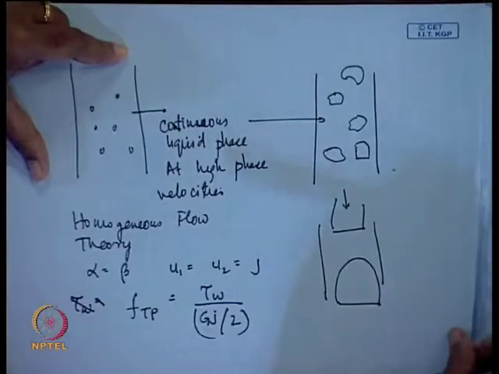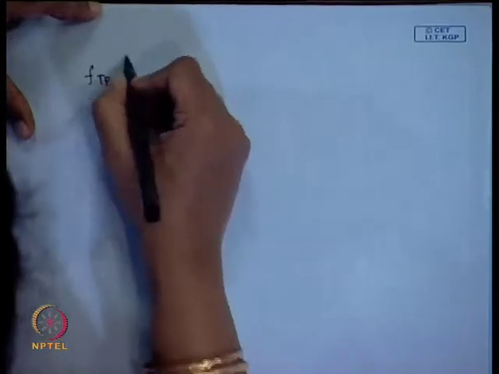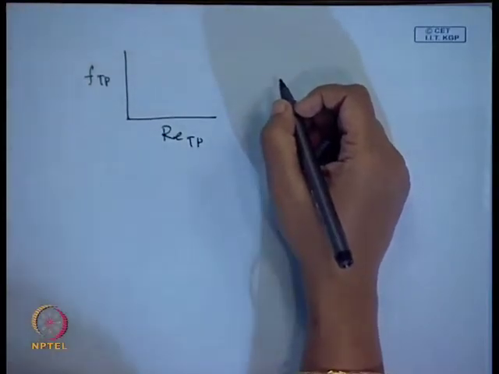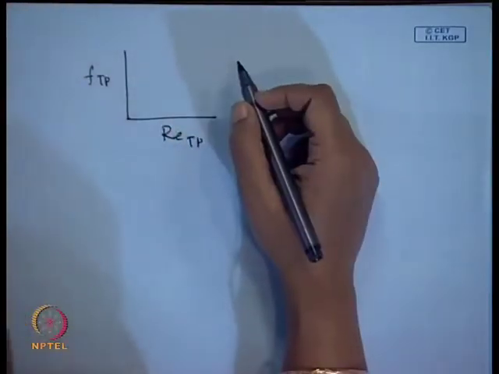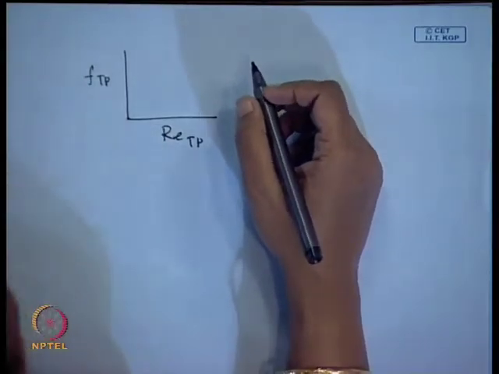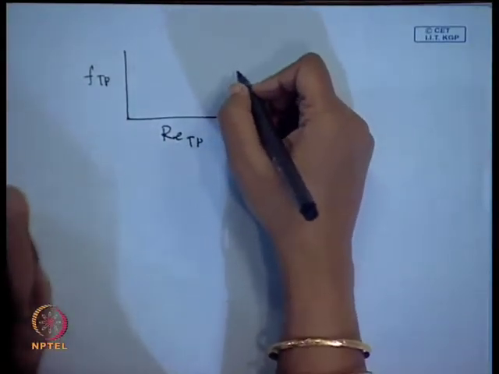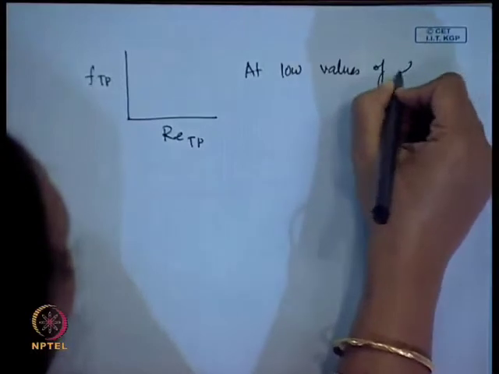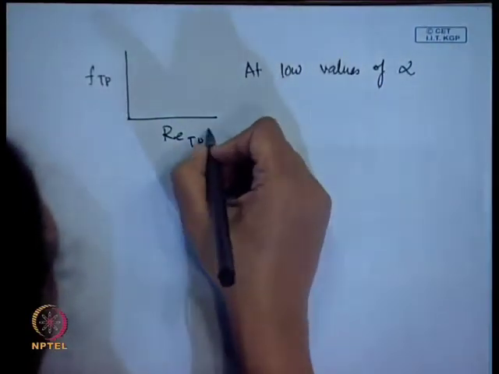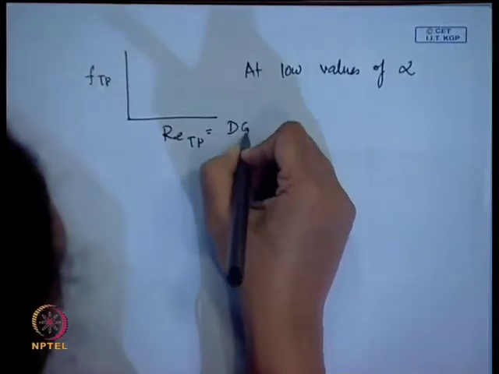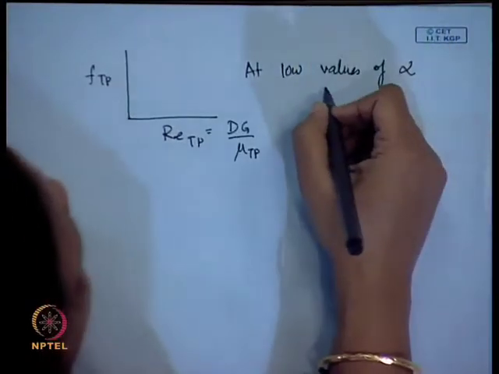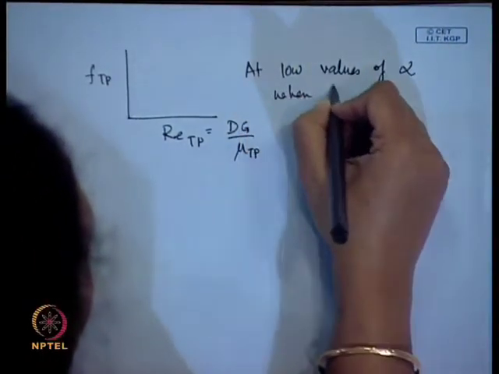Then if we plot this F_TP as a function of Re_TP, in that case we can find out F_TP and accordingly we can find out the frictional pressure drop under these conditions. Now, one thing we know, that for low values of alpha, the only hitch of finding out Re_TP is to find out mu_TP. Now, for low values of alpha, we know when the flow is laminar, bubbly mixture